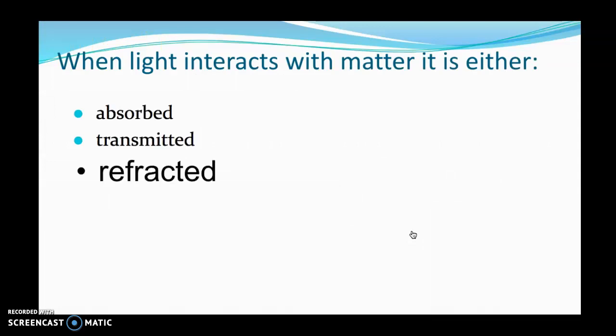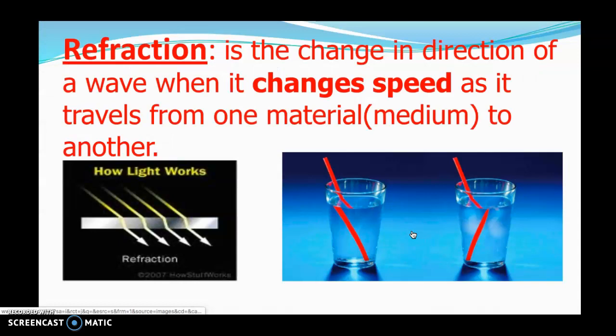Okay, the next one we're going to talk about is refraction. Refraction is another interaction that light does when it meets a boundary. This is kind of like transmission, but when the transmission is through something more dense or less dense than what it was traveling through before. So at a boundary of two different mediums, say water and air, or the vacuum of space and the atmosphere,